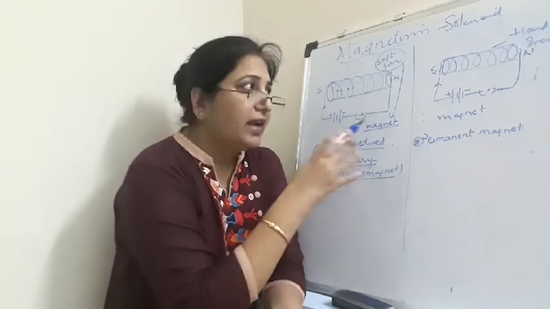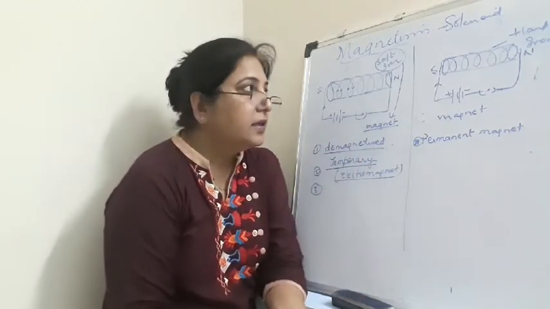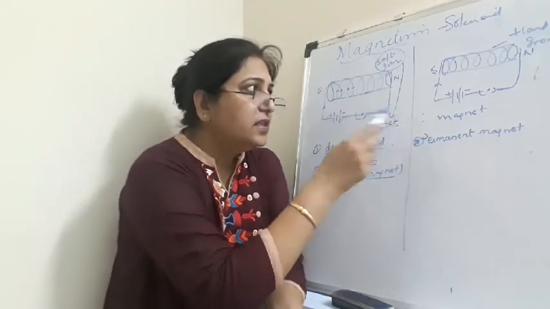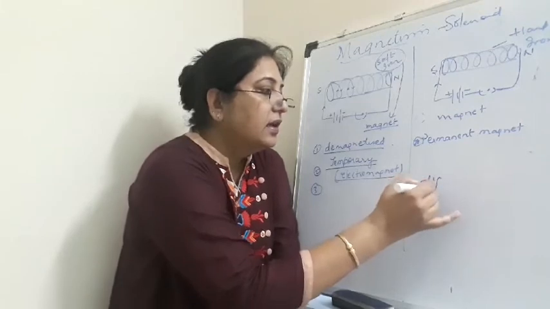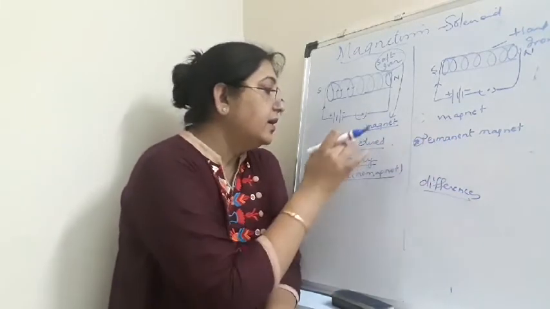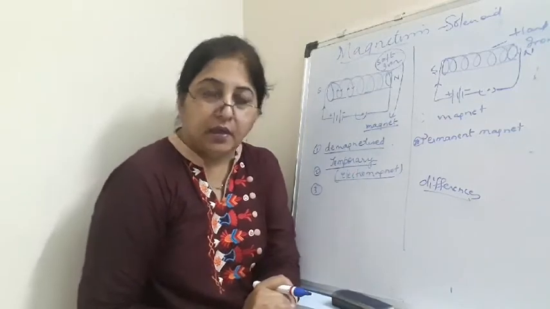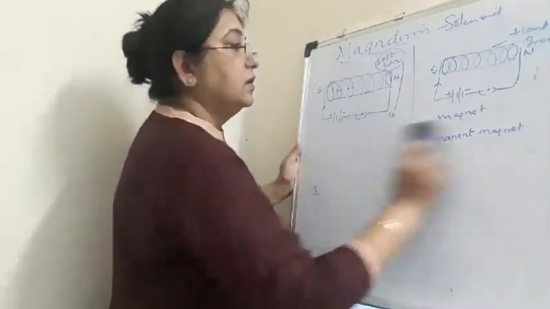Okay, so you will write all these notes in your notebook. Copy these notes, and you will draw these figures, and you will try to write 4 to 5 differences between the soft iron and the, you can say, permanent magnet and a temporary magnet. Okay, then what? Yeah, we know the uses.